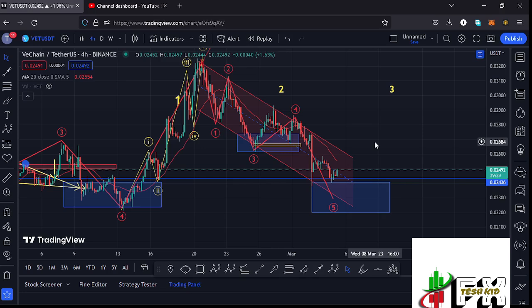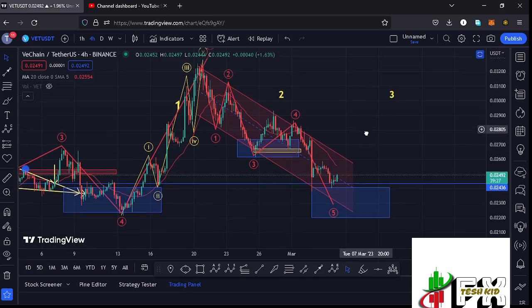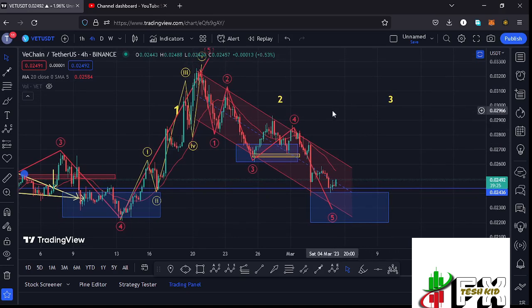We have also continued to obey the Elliot structures, where I still believe that whatever we are seeing at the moment is a corrective structure in the formation of these larger Elliot wave count two. We also have chart patterns that are in formation like this descending channel. And before I get further into the technical analysis and also give you the possible breakouts out of this chart pattern,